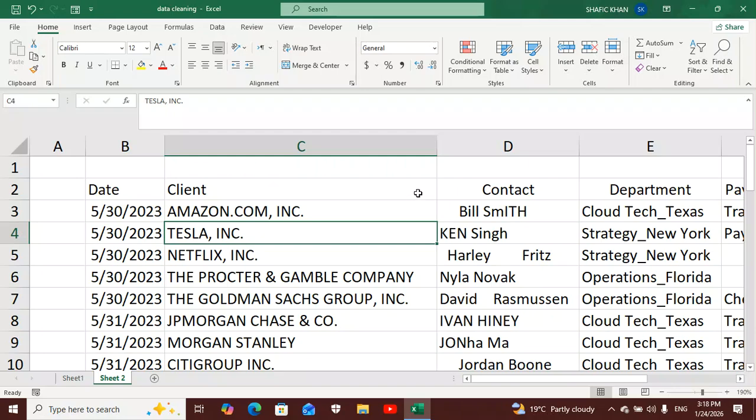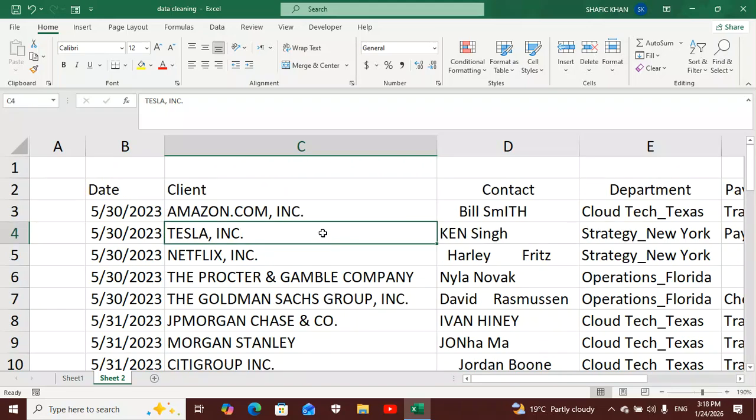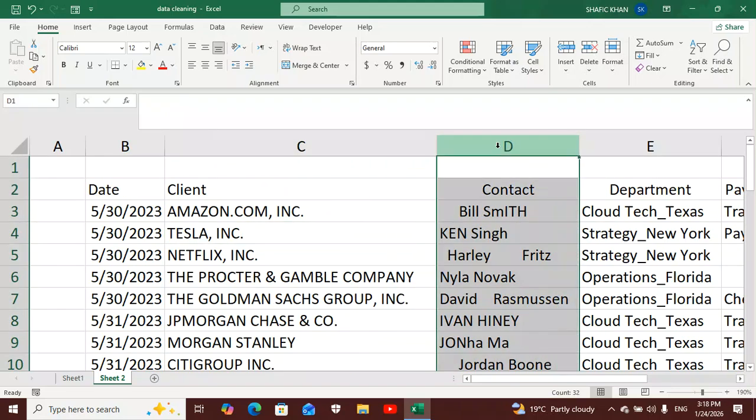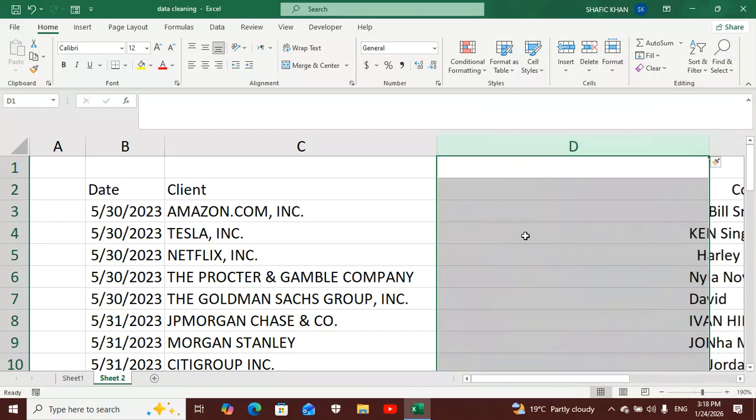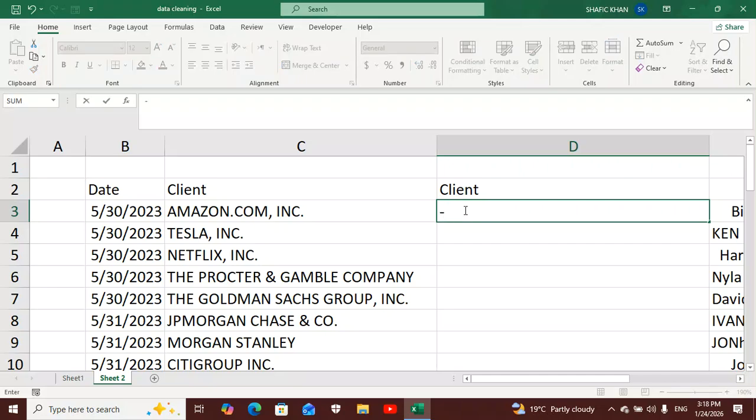Now we can go ahead and adjust the column. Now, moving on. Our clients are in uppercase. Let's try to change this into lowercase. We don't want to retype this, so we shall insert a column from here, and we shall call it client as well. And from here, we are having the same information, so we shall say equals